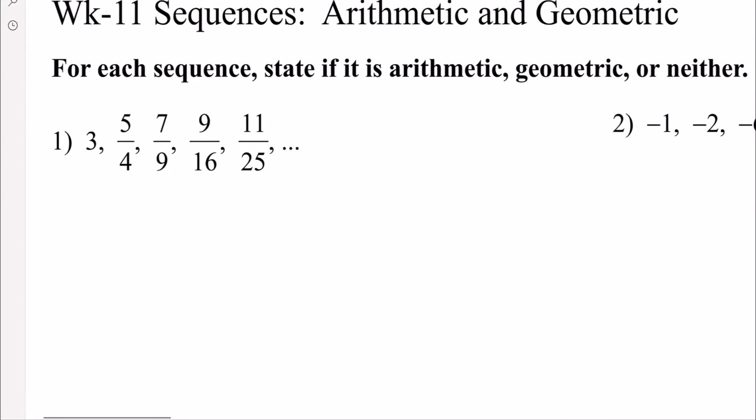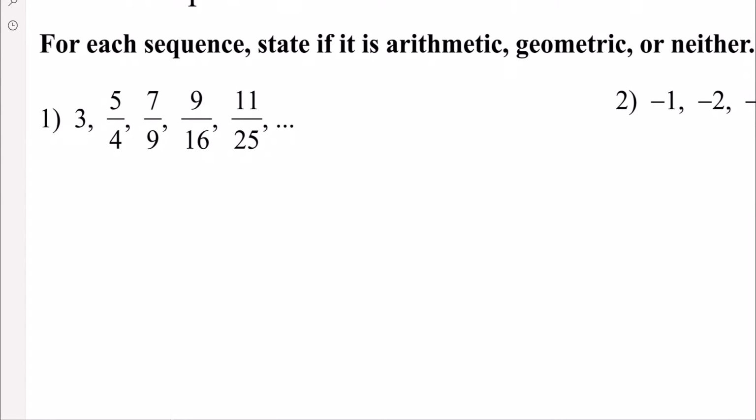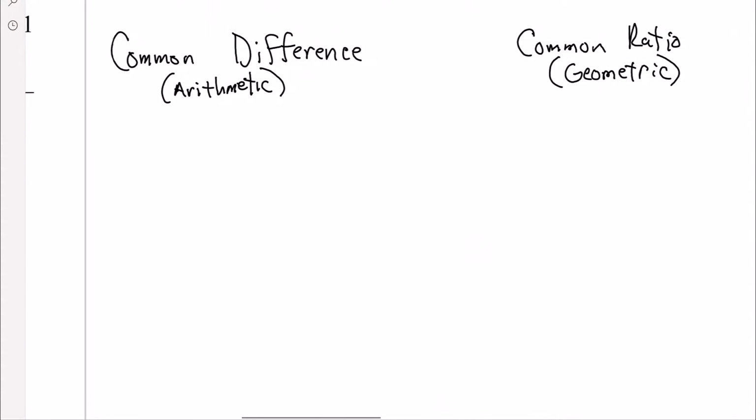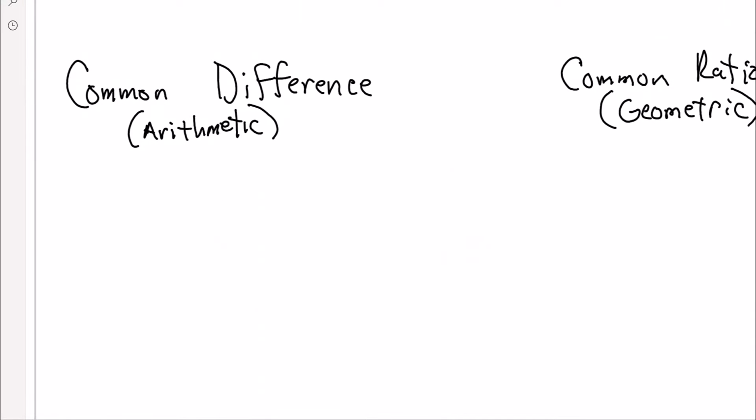Okay, we're going to talk about sequences. For each sequence, state if it is arithmetic or geometric or neither. Well, first you have to know how you would tell. So if it's an arithmetic sequence, you would have a list of numbers and they would